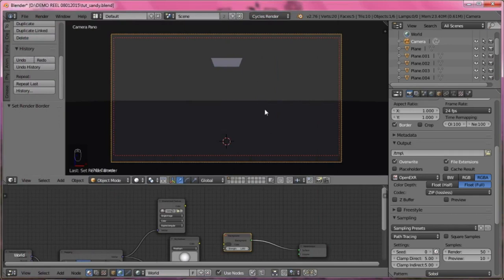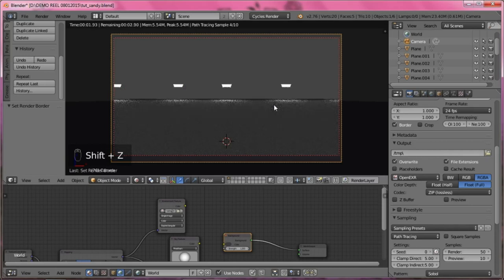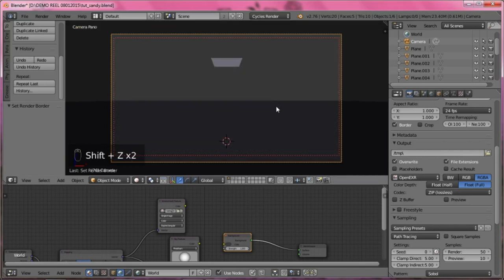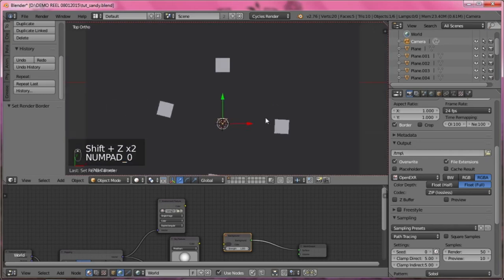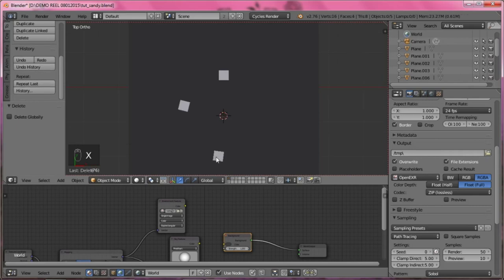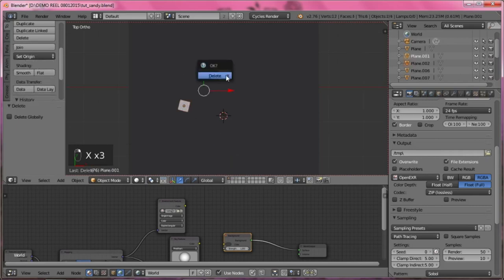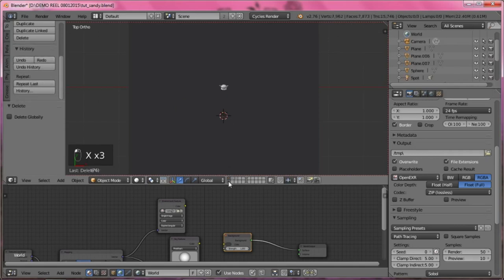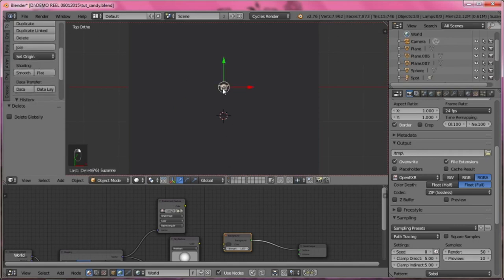So now we make the Daylight HDR. This was the Studio Light HDR. Now we make the Daylight. Delete it. Move to the first layer